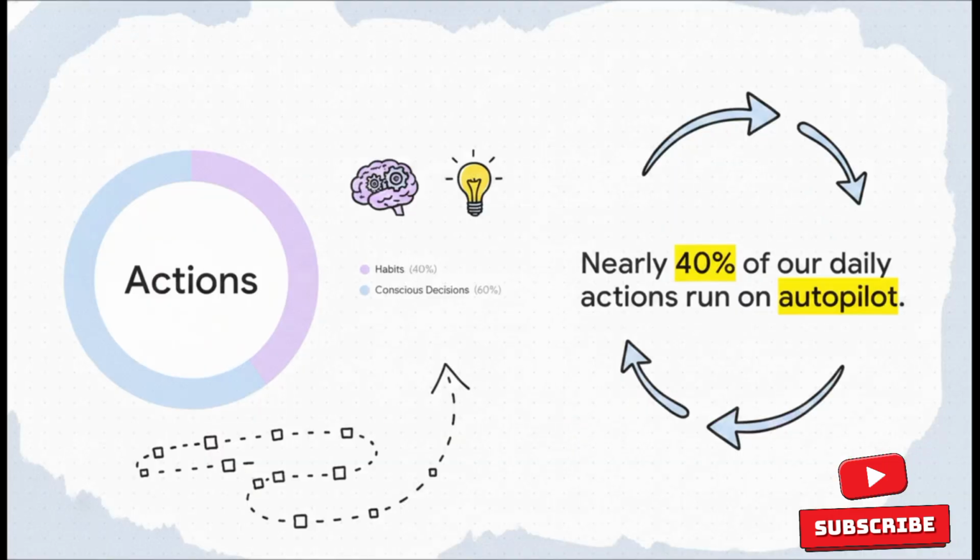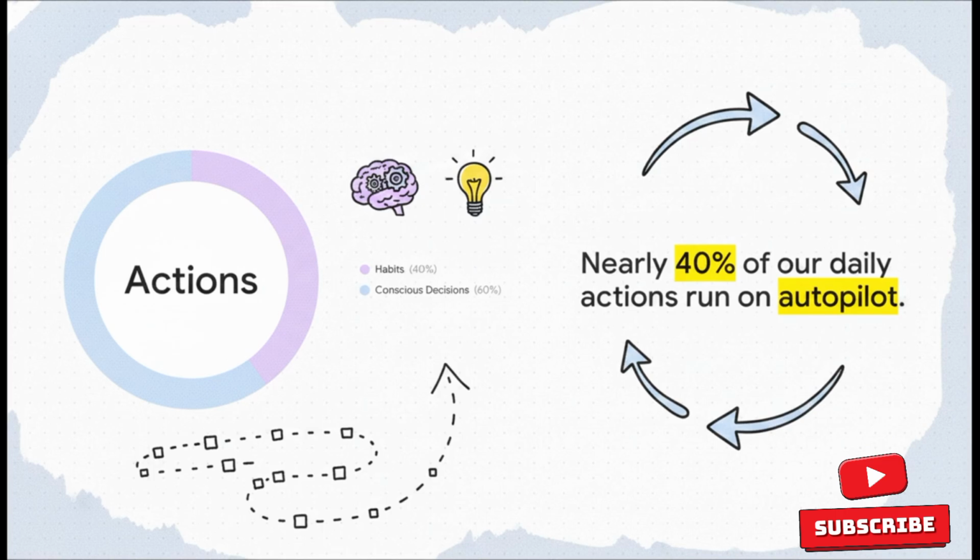The absolute first foundational concept we need to get straight is that our habits aren't these unbreakable iron chains or personal failings. Not at all. They're actually just engineered codes. They're neurological pathways that your brain has built up over time to just be as efficient as possible. And the data behind this? It's staggering. According to a really famous Duke University study, nearly 40% of our daily actions run on complete autopilot.